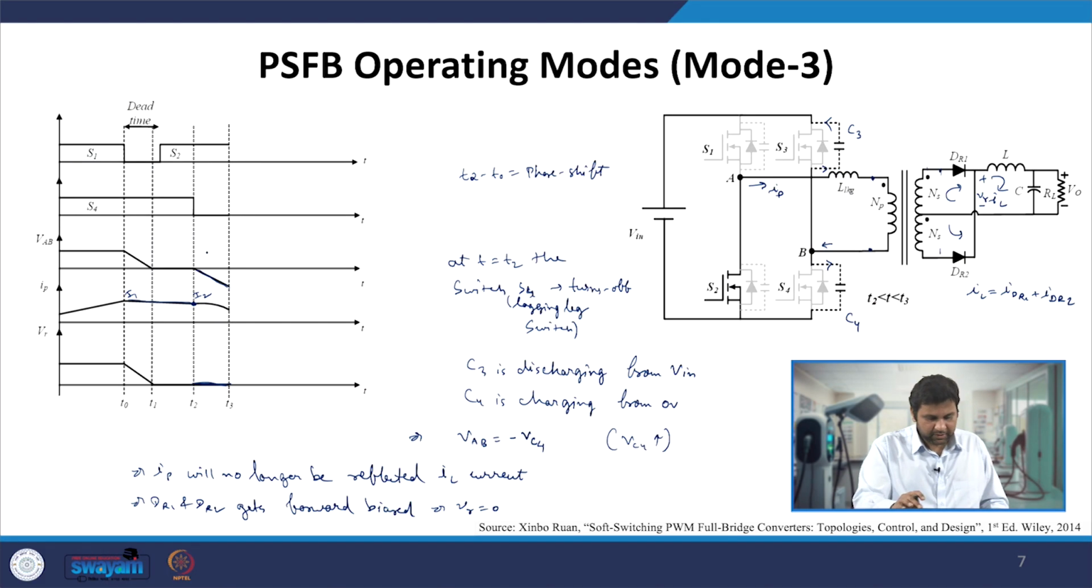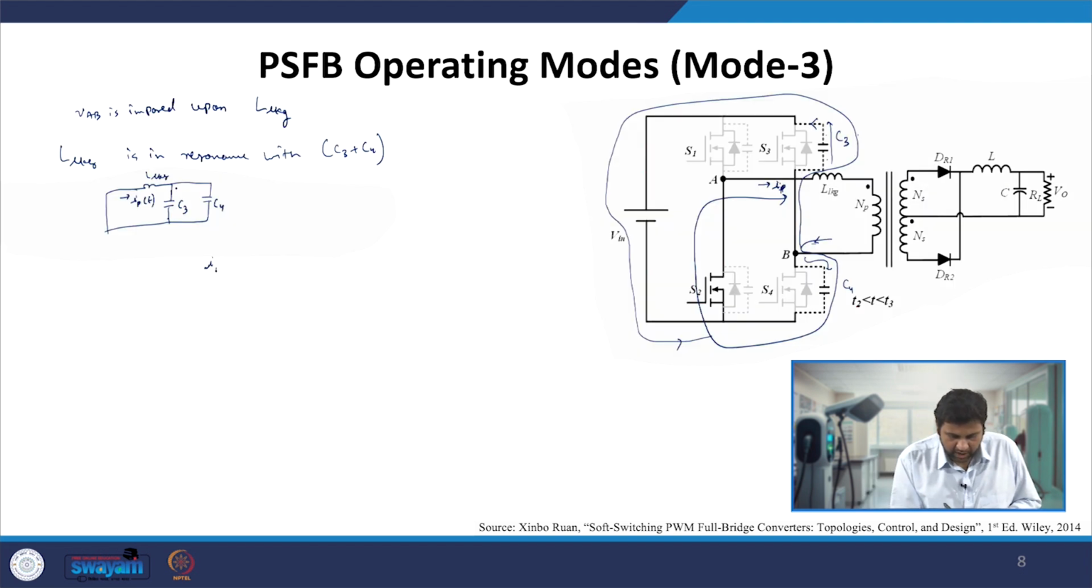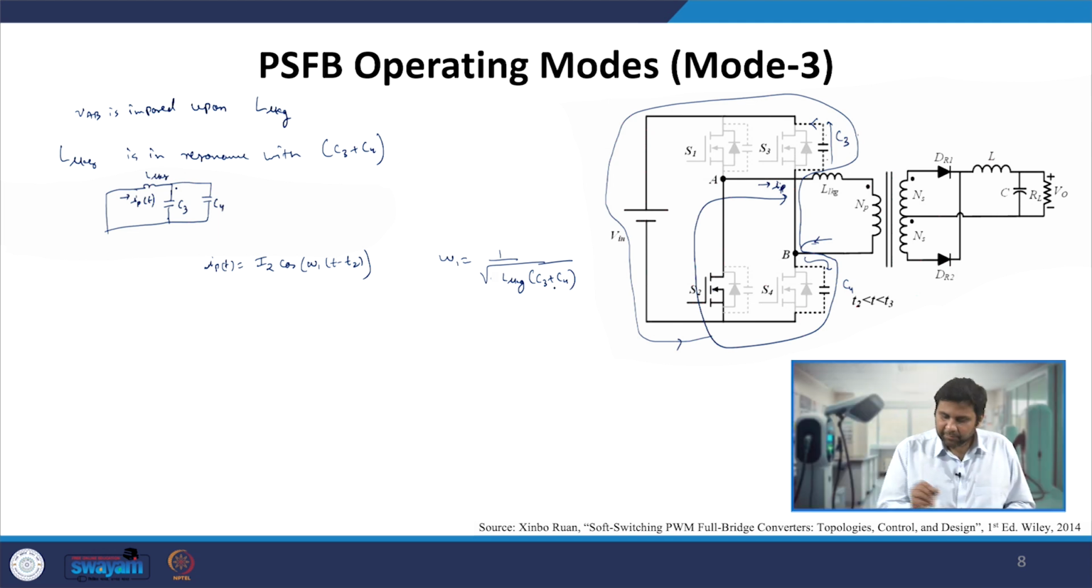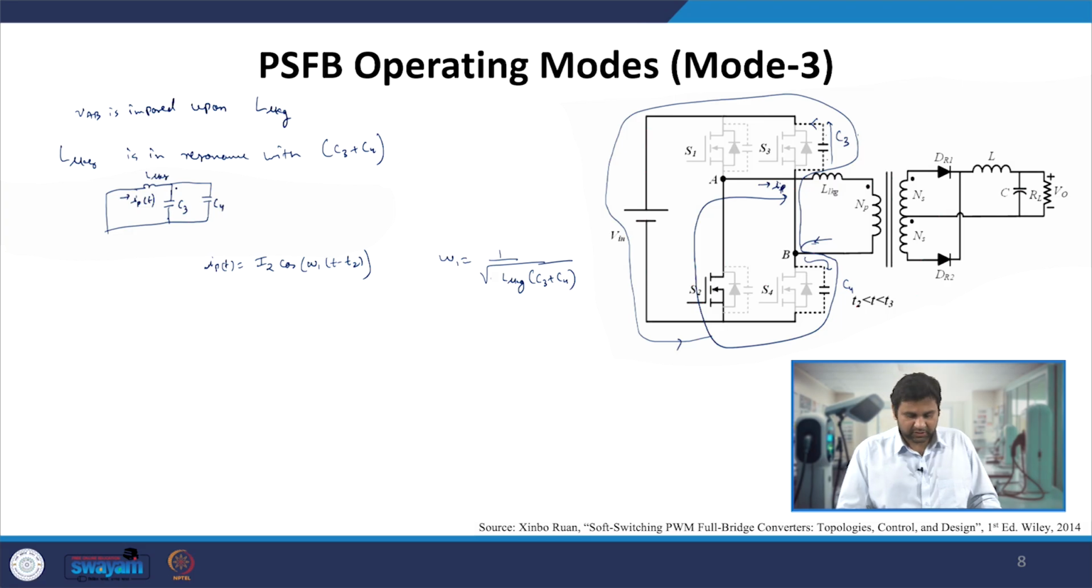Since if you look very carefully, if we define this as I2, and this I2 is actually the peak value of the current from here, so we can write IP of t to be nothing but I2 cos omega 1 t minus t2, where we can say omega 1 is nothing but, L is doing resonance with the two C3 and C4, so we can write the resonance frequency is nothing but 1 by square root of L leakage into C3 plus C4, and it is only happening because my L leakage is now in resonance with this thing. So this omega 1 is the resonance frequency,